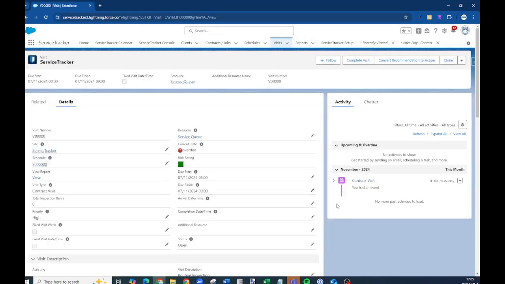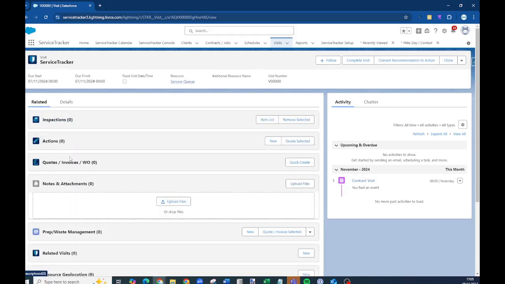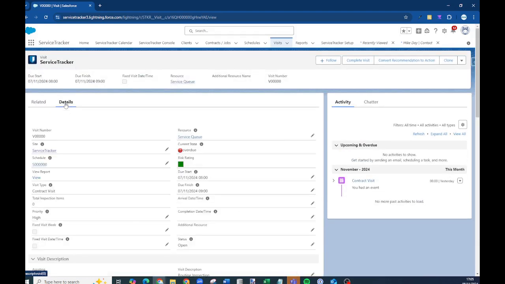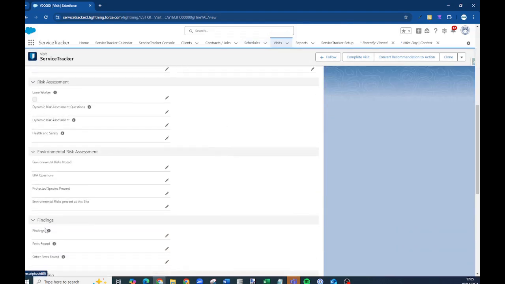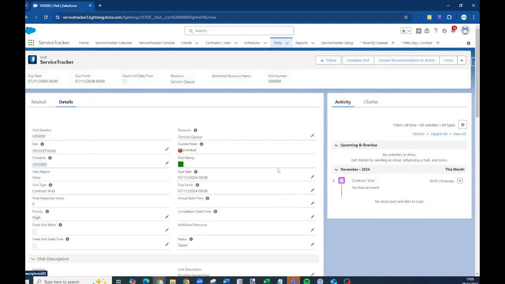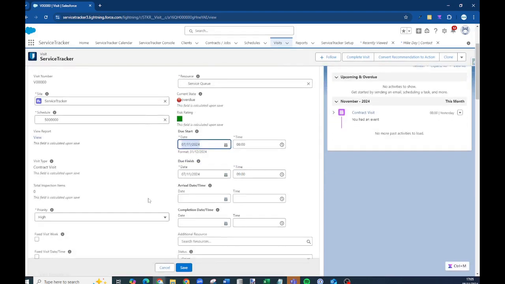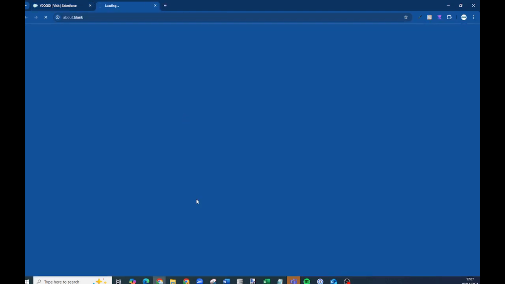Okay. Related lists are things like inspections, actions, quotes, attachments. You can always see that from here, but on the details list, especially on a visit, this is where you will see all of the details of what's happened on site. A technician would usually fill this in on the mobile and then you'd be able to see it, but you can always edit these things as an administrator, change things around, and then ultimately you can then view the service report